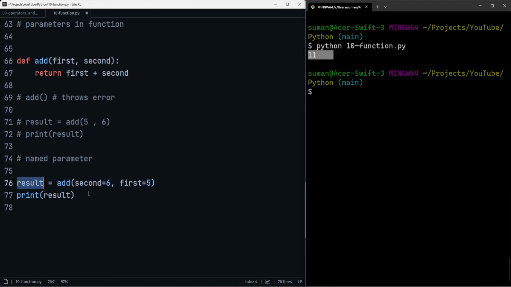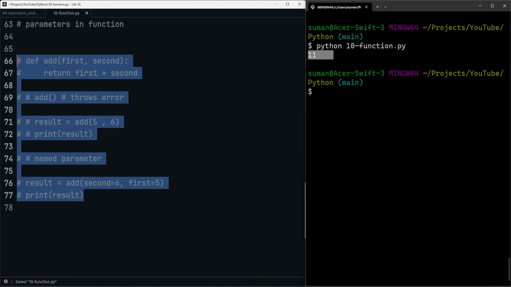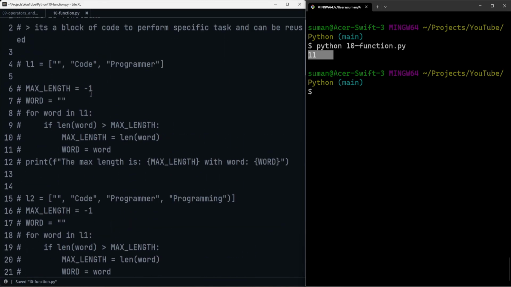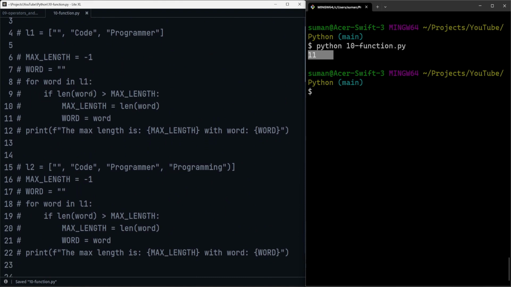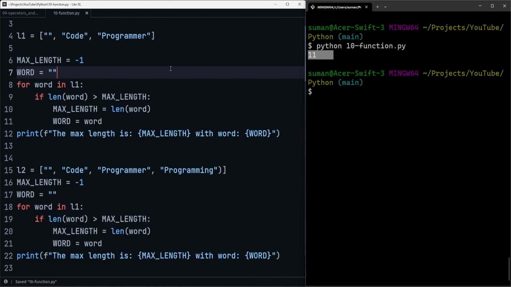Now, since you understood up to parameters, let's come to the example that we were talking about earlier. So let's go back to this example. Let me uncomment this, so you will understand this slowly. We'll define a list, and it says you need to give me the longest word in it and the number of letters in it. What we did was a for loop on the list, and we said if the length